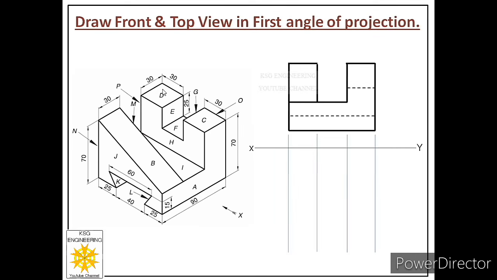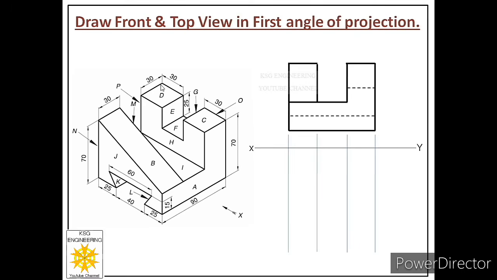Now for face D, we first have to find its location in the top view. And for that, we first have to find its location in the front view so that we select the correct projector. For that, the rules are again the same. See how many points are there on that face. There are 4 points. Out of these 4 points, pick that point first which is close to VP. So we have 2 points close to VP. Out of these 2, you can pick any one point. Let us pick this point.